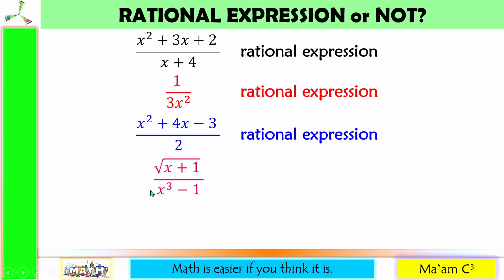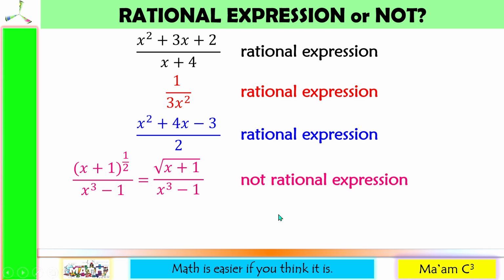How about this? We have the square root of x plus 1 all over x cubed minus 1. If we are going to convert this into a rational exponent, this will become the quantity x plus 1 raised to 1/2. Now, 1/2 is not an integer. It is a fraction. Remember, an integer is a whole number. So since this is not an integer, our numerator is not a polynomial. Even if our denominator is a polynomial, our numerator is not a polynomial, therefore